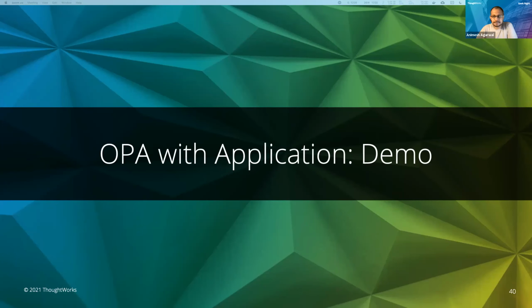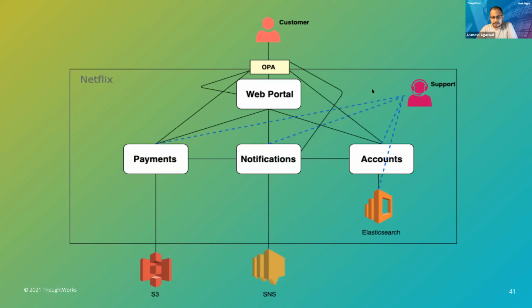So a brief recap of what we've seen so far. We had Ashi and Pooja walk us through what is authentication and authorization. And then Nidhi gave us an overview of how Rego works, what is a policy file, what is the data, what is the input, and we had a use case of Netflix where there's a customer, there's support, there are two personas, and then there are certain rules that have to be followed based on what they can access and what